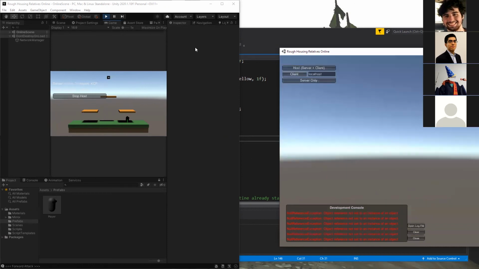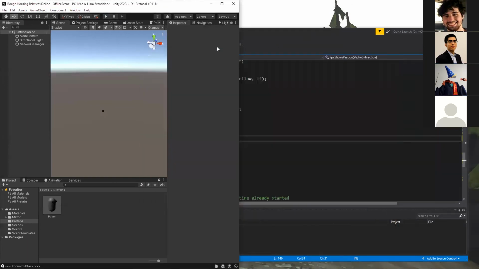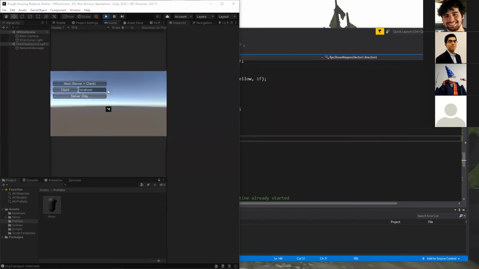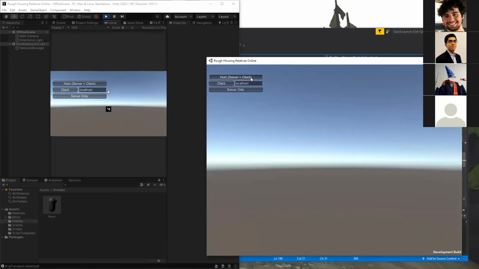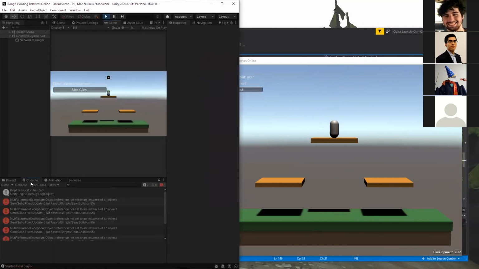We can add more comments actually. I probably should have done that before. But let's try to fix the null reference exception with the semi-solid. So what I've been doing so far is making the editor the host, but I can do it the other way around and make the exe the host. And this way I can see what's going on in the editor in the hierarchy with these errors.